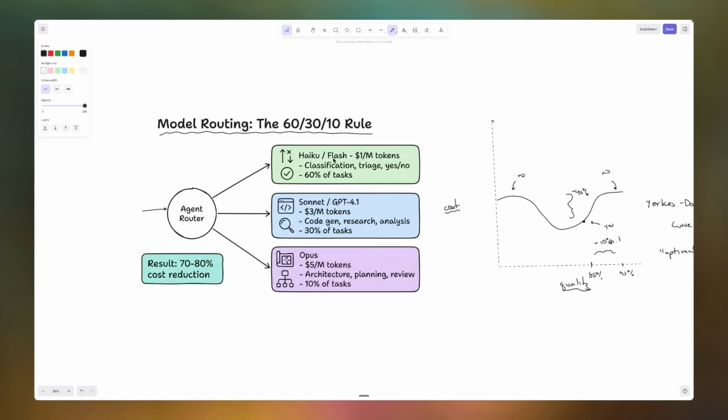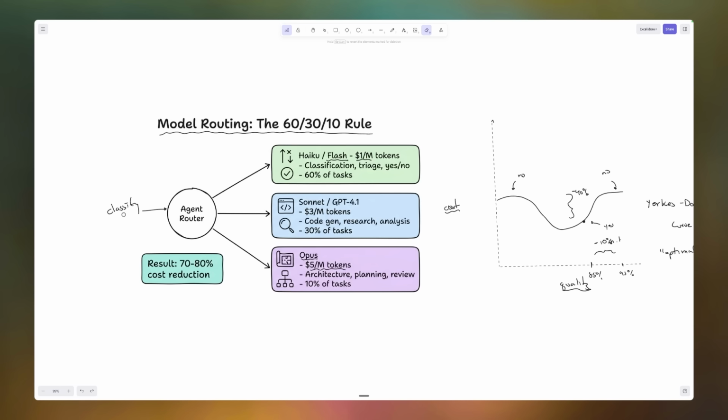so that, if you're giving it a really simple task and you say, hey, I just want you to classify this into one of three categories, and it's really dumb. It's like red, blue, or green, angry, serene, or healthy, or whatever the heck. You don't have to use Opus, which is like space age intelligence and costs you a ton more in token cost in order to get that done. Instead, you can get all the way down to a Haiku or maybe a Gemini Flash model or something like that.